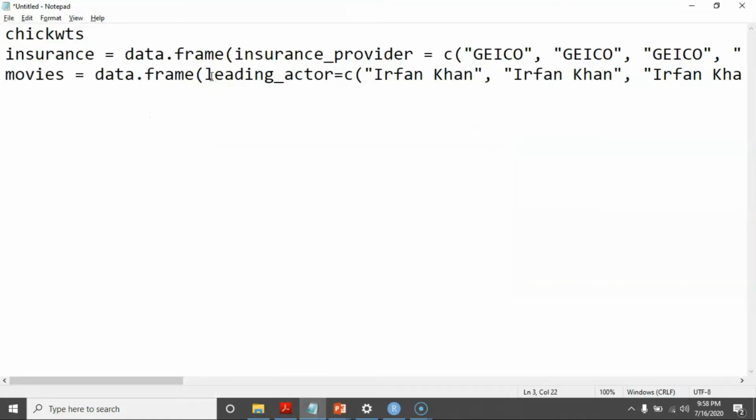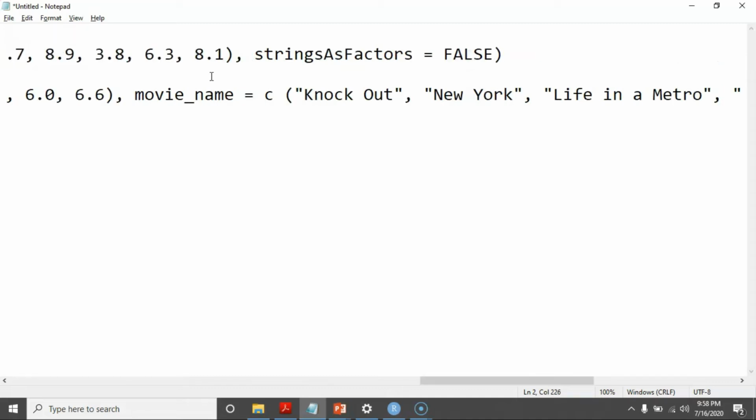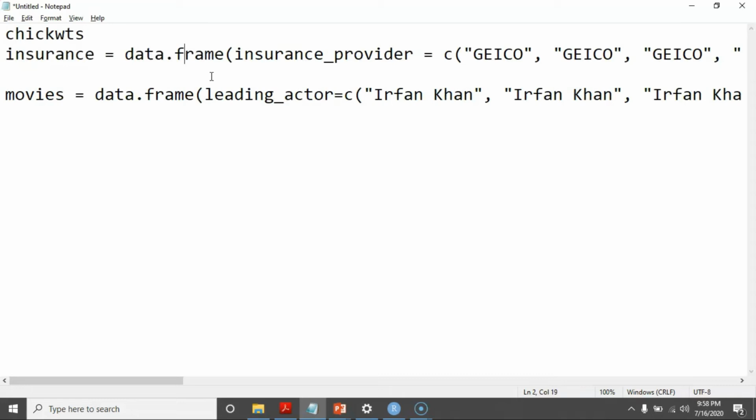So this is my notepad file. This is my data set. I've created one for you. It's not very difficult. This is the variable to which I want to assign this new data frame. How do you create a data frame? It's very simple. data.frame, and of course this is a function, bracket open, bracket close, like this. Then my first attribute, which is insurance provider. So I named it insurance_provider. You can name it anything, but you will be referring to it with the same name you assign. So insurance_provider, the first attribute, is equal to c, the concatenate operator,